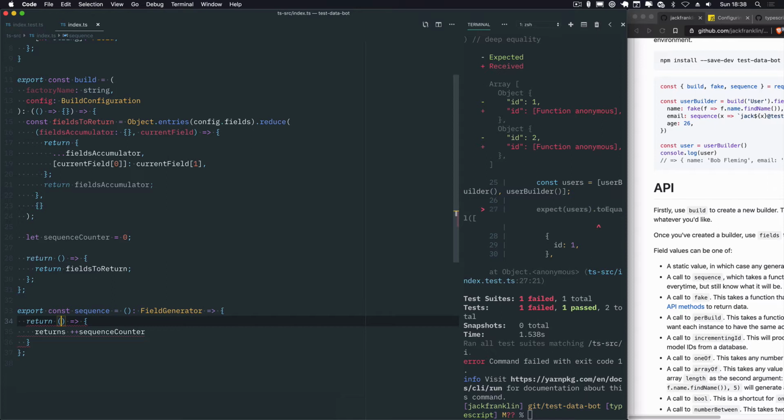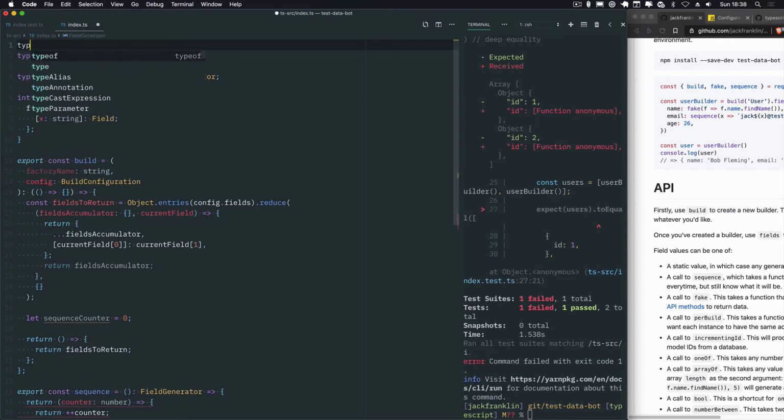So maybe let's say sequence will take in a counter and it will increment it and return it. So ++counter. Okay, great. And counter will be a number. And I think I have to put brackets around that. And I think the error here will be because that's not what field generator does. Yeah, not assignable to type field generator. That's fine. So what I'm actually going to do is say type sequence generator